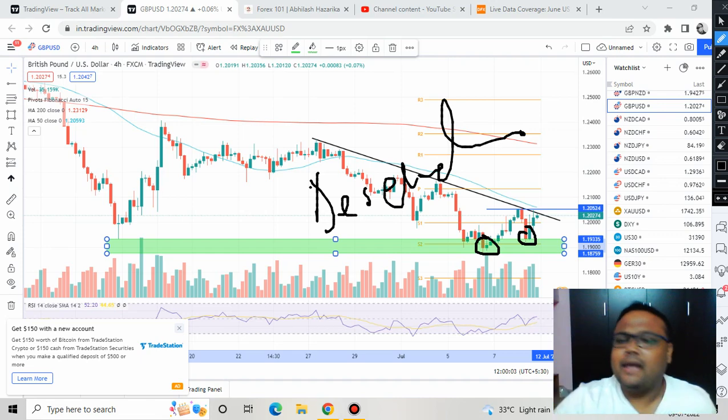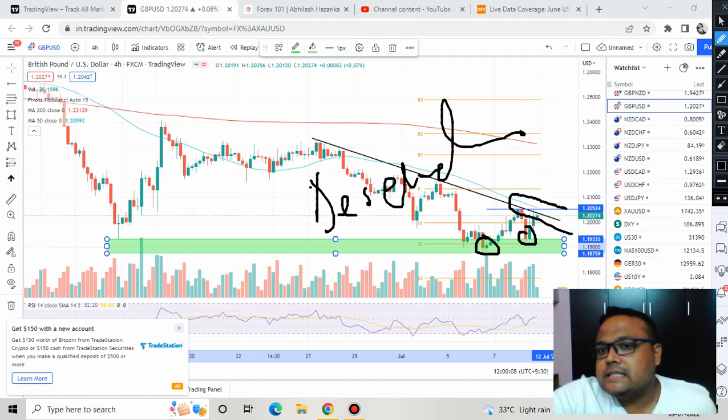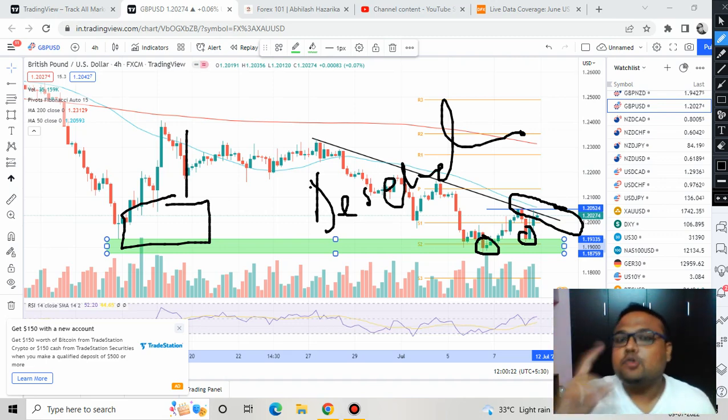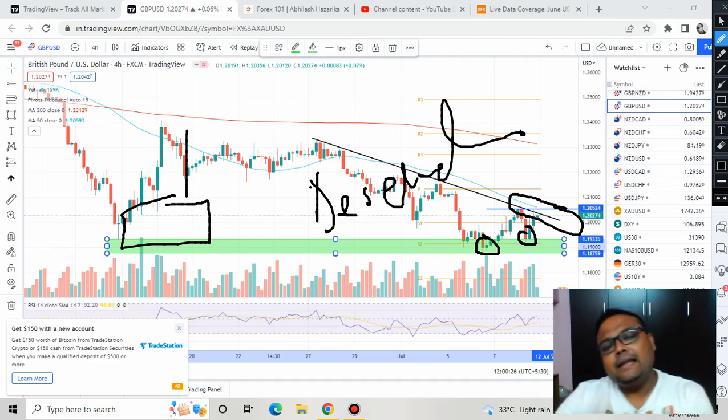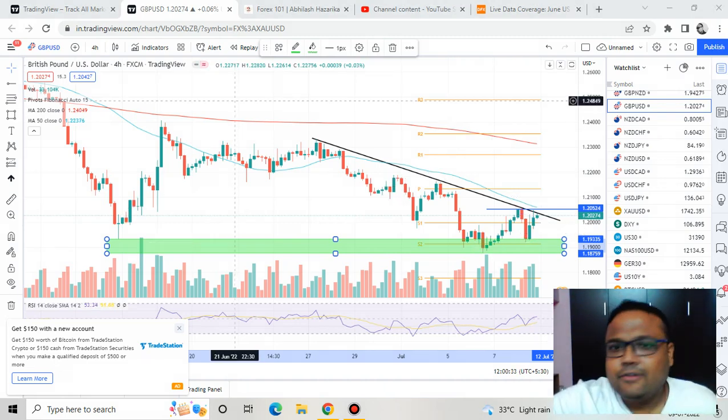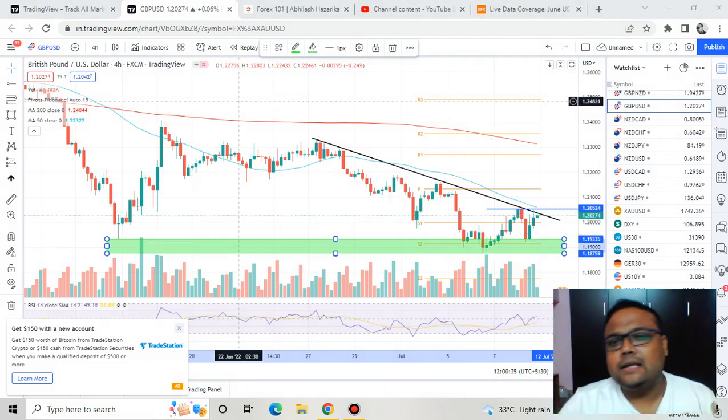So on Monday, if the market reverses from the 50 moving average and the trend line area, we can take a sell position if we see a good price rejection from above. But in case we find that the market is standing at the 50 moving average with a big green candle, do not take a sell position. After all, during the weekend many things happen and the overall picture may change as well, so you must be careful. Overall, I'll say the descending triangle pattern is still very much valid,